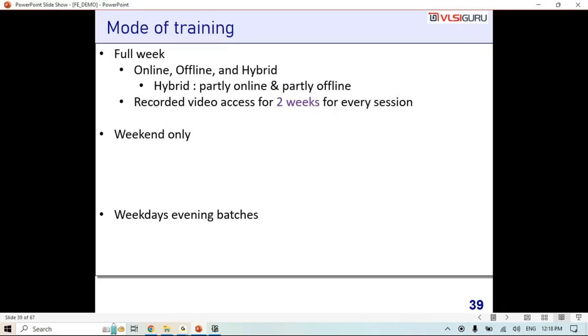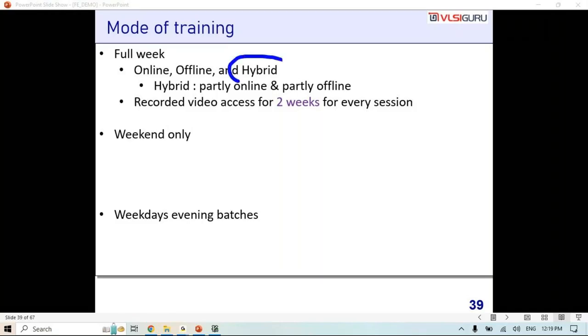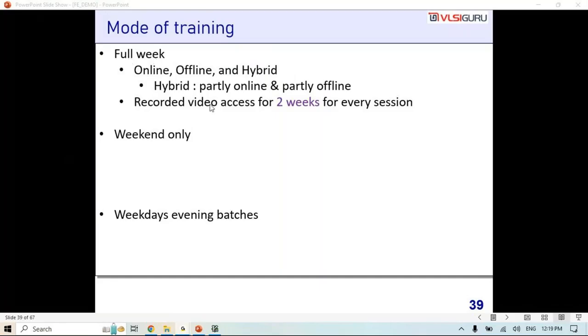Full week training is available in online, offline, and hybrid models. You can attend online if you want. You can do 100% offline also, like the way you are attending in the classroom. Like the way people are attending online, they can attend 100% of the course online. You can even do hybrid. What is hybrid? 2 months you attend offline, 2 months you go home and attend online, again come back and attend offline. That is possible. Vice versa, even an online person can come here and again go back home. That is also possible. In this mode, you get access to the recorded videos for 2 weeks for every session,